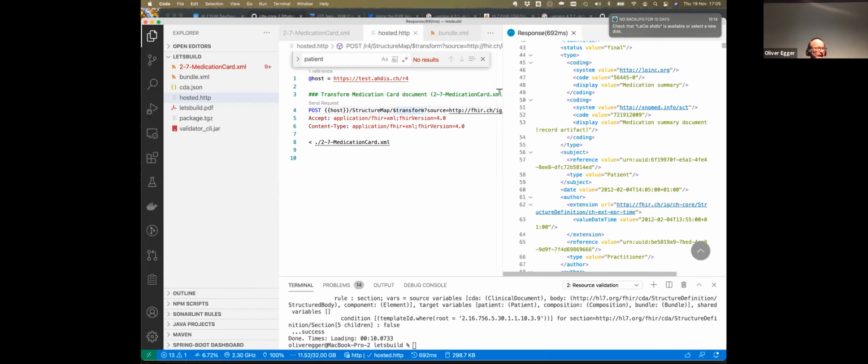Yeah, I think honestly, what I could imagine also is that you would have a basic CDA to FHIR mapping, which maps just the bundles and sections, and maybe you write some additional mappings to have your specialities then included. But yes,